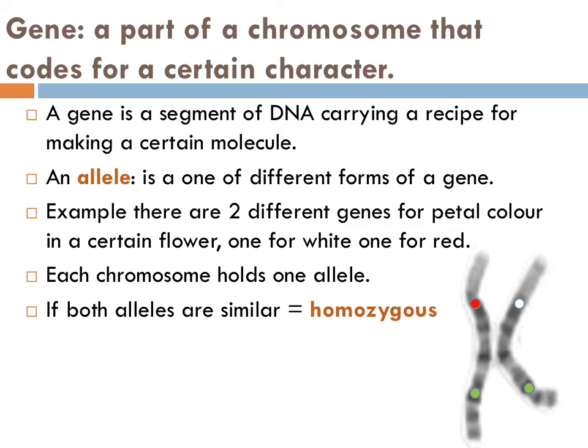Homo means similar. Zygous comes from the word zygote. Do you remember, a zygote is a cell that is made by the joining of a male and female gamete? Remember? So homozygous means a cell that has the same characteristics in the chromosome. But if they're different, like the red and white petals, then we're going to call this organism heterozygous. Okay, it is heterozygous for petal color and it is homozygous for tallness. Okay,